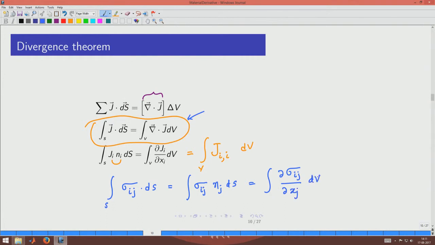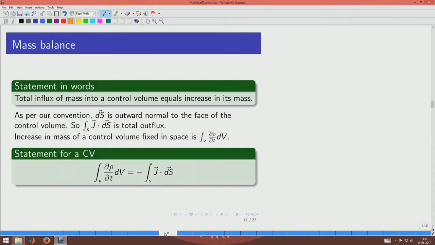And so, now what we have written is a divergence theorem applicable to tensors of order 2. Okay. So, you could see that the matching index is what is going here, which means that later on, when we encounter such requirements where tensors of order 2 appear in a surface integral, we could also convert them to a volume integral by applying the generalized divergence theorem. Okay. So, this is the advantage of it. Okay. Now, let us come to the mass balance. What we mean by mass balance is first to be stated in words. So, we are stating it in words.